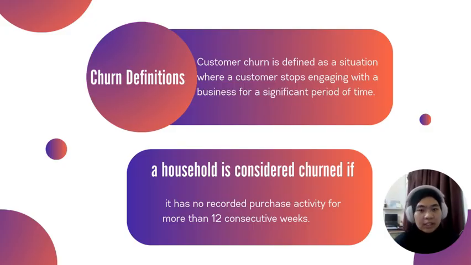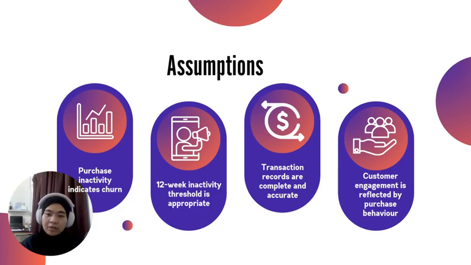Customer churn is defined as a situation where a customer stops engaging with a business for a significant period of time. In this case, a household is considered churn if it has no recorded purchase activity for more than 12 consecutive weeks. So moving on to the next one, which is the assumption. In this case, purchase inactivity will indicate churn, and only after 12 weeks of purchase inactivity will it be considered as churn. The next one is transaction records are complete and accurate, and the last one would be customer engagement is